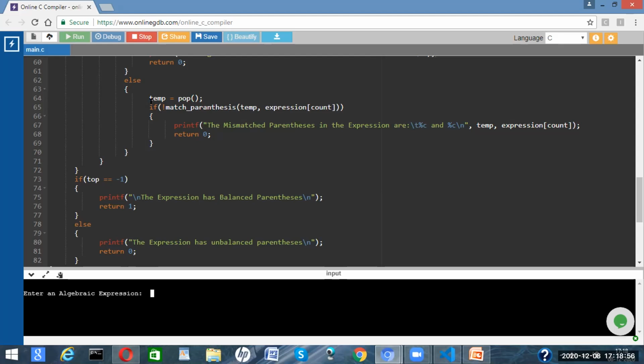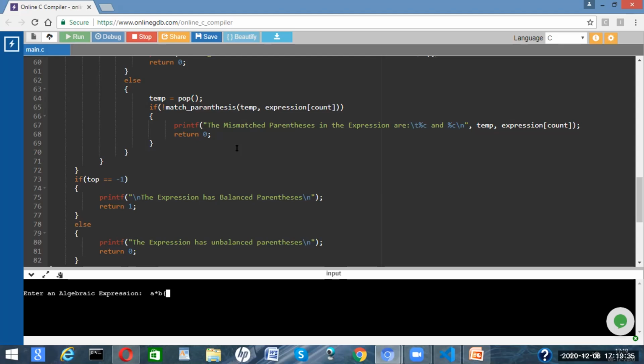After entering the if loop, it will first evaluate the expression we have given. It jumps to the expression we have given, and if it is not equal, we are already declaring not equal, match parenthesis. If it is true, or if it is equal to the other parenthesis, then it will jump out of this loop also. If you are giving another bracket, like I'm giving in the output here, a star b,